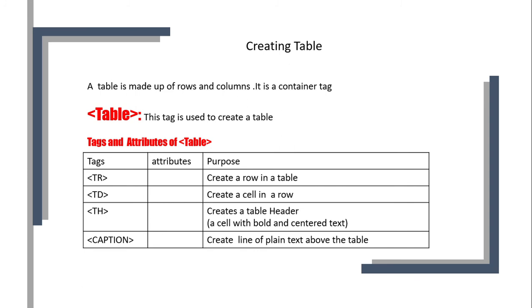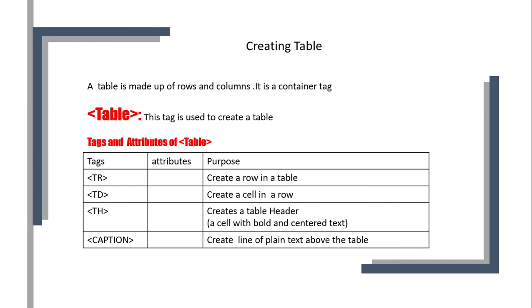We have created the image, the HR tag, and we use the BR singular tags and the container tags. But now we start creating the table. Creating the table, what is that? It is when we want to write some information on your web page in a tabular format. Whenever we want to show information in a tabular format, we use the table tag.